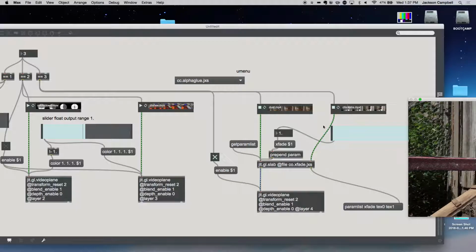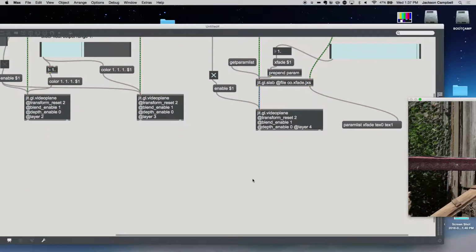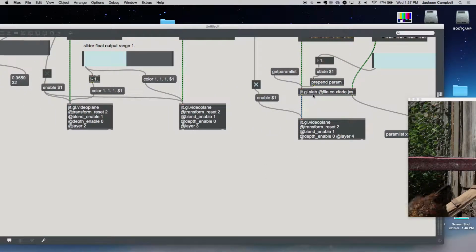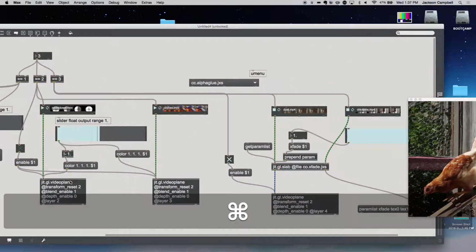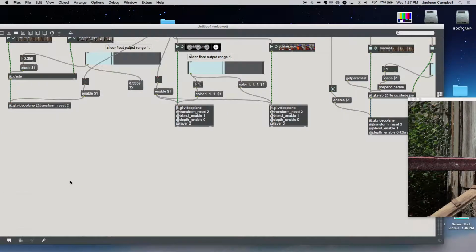Okay. So let's look at Slab now. Look at some more at Slab. We use Slab here just to hold one shader file. Actually, before we look at Slab, we should probably look at a more basic shader object called JITGL Shader. So let's. I'm zoomed out. Okay. There we go. Let's add a down here. We're going to make a